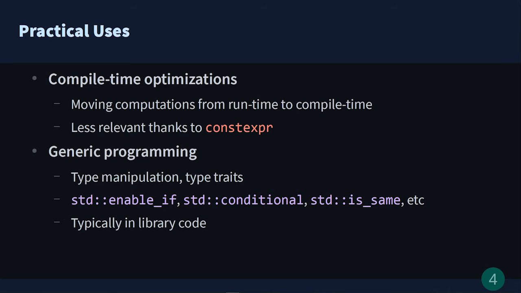Another popular use of template metaprogramming is in generic programming libraries. These libraries typically need to manipulate types, access type traits, and similar. These techniques are still rather poorly supported by the C++ standard, despite the fact that they are used even in the standard library. For example, the previous if metaprogram is something you can find in the standard library under the name std::conditional. Another commonly used metaprogram is std::is_same, which performs type equality.